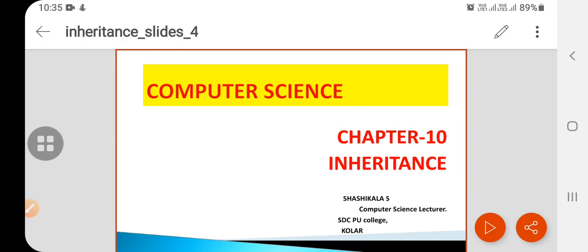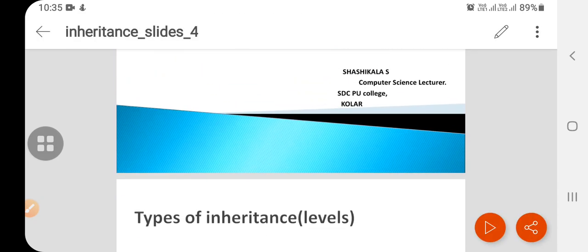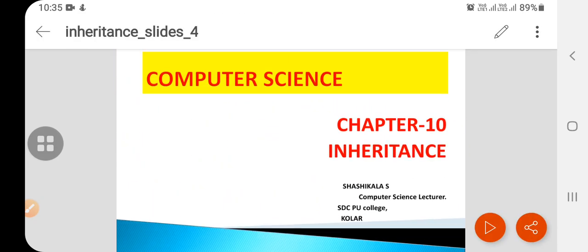So in the previous class I discussed what inheritance is and how inheritance can be done. Is it right? I'll recall the concept of inheritance. So that is the definition of inheritance. The inheritance can be done through the properties of the base class, which can be derived to the derived classes.